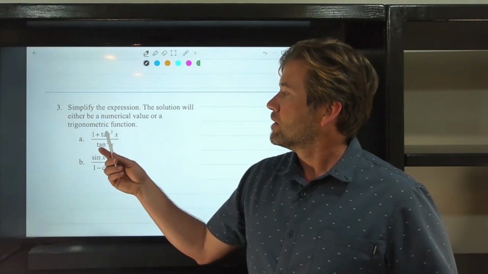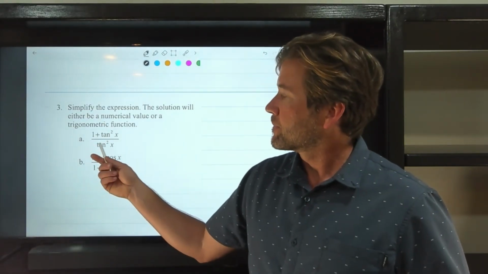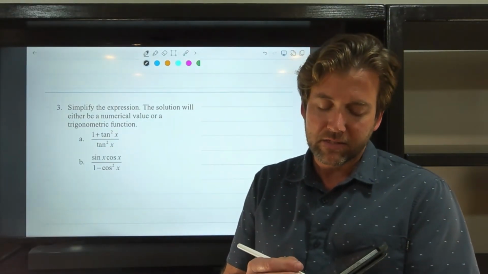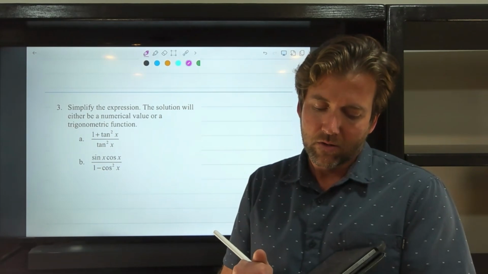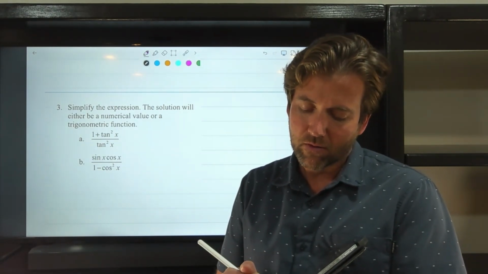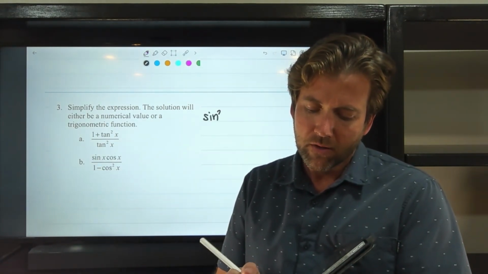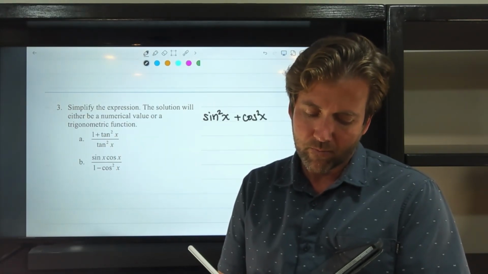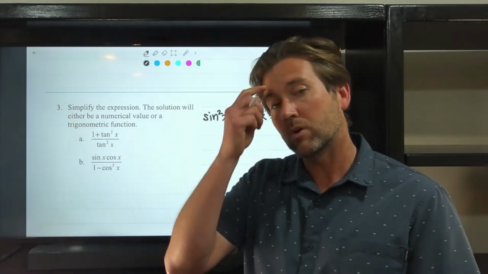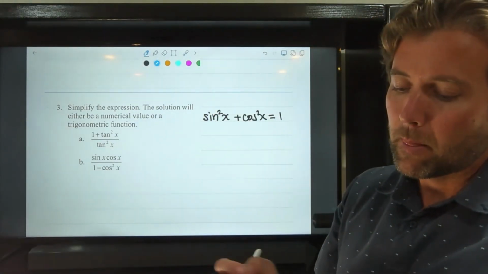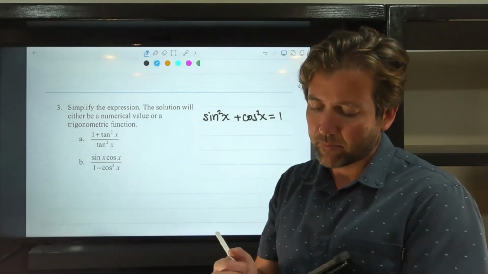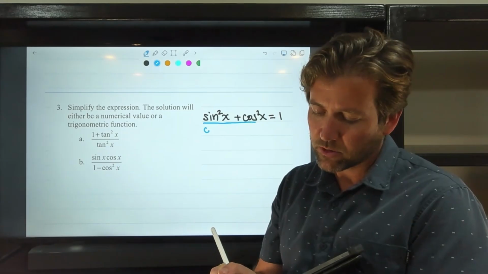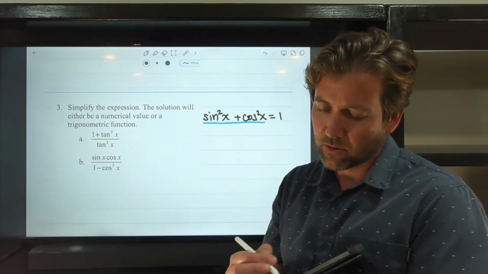So 3a. I look at 1 plus tangent squared x, and I remember that's one of our Pythagorean identities. I'll derive this one. If we remember that sine squared x plus cosine squared x equals 1, if we divide each of these terms, we divide both sides by cosine squared x,